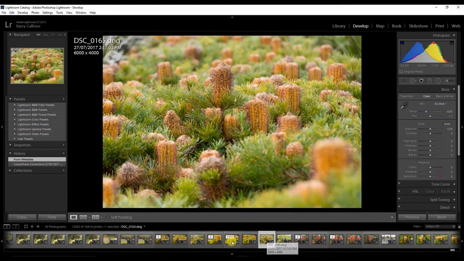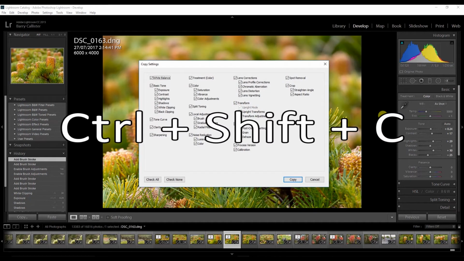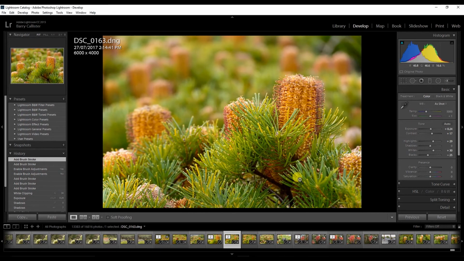You can actually do it to more than one. So what I do in order to copy the settings that I've made to this photo is Control Shift C. So that's Command Shift C on a Mac, and that brings up your copy settings window here, and you just tick all the boxes of the settings that you want to copy and you click copy,